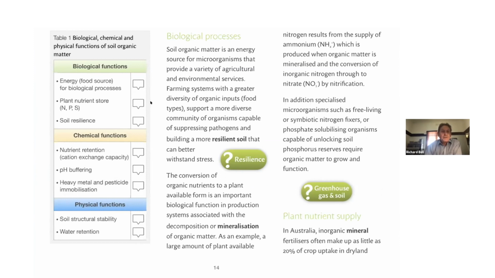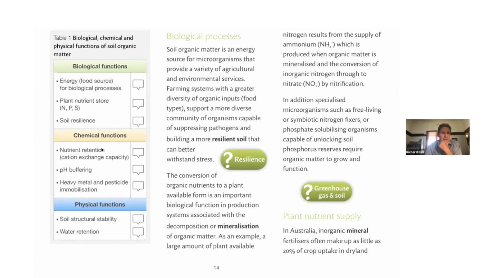The organic matter in the soil is a store of nutrients, particularly nitrogen. Almost all of the nitrogen is stored in organic matter. Much of the sulfur is stored in organic matter. And what's commonly not understood is that quite a lot of the phosphorus in the soil is also stored in organic matter. And this organic matter contributes greatly to soil resilience, the ability of the soil to cope with stresses, droughts, and other disturbances and retain its function.